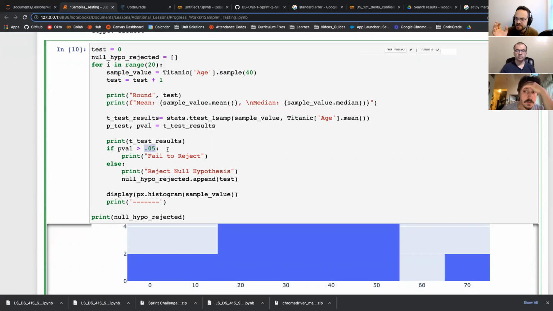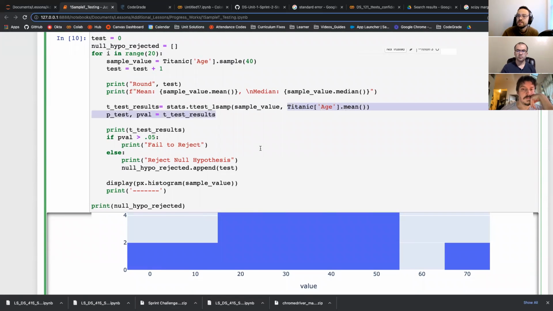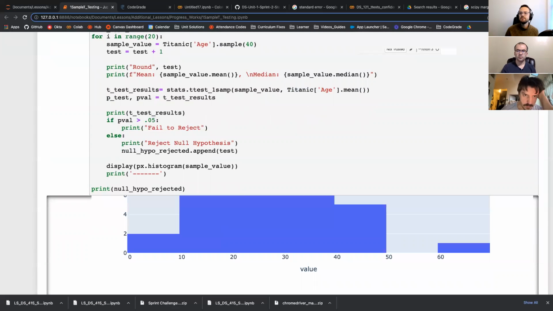The question we're asking is: is this sample part of that larger population? Are these 40 samples that I took out part of that Titanic age population? The answer, as far as we know, is yes, we took those samples directly from the population, and that's what we're testing against. So if you run this,